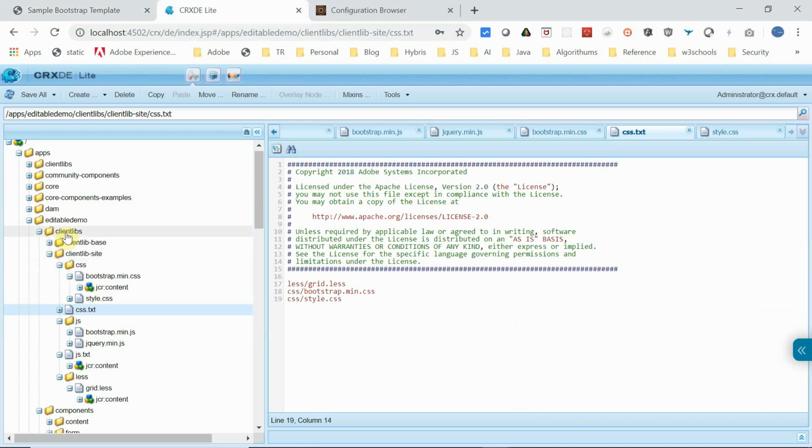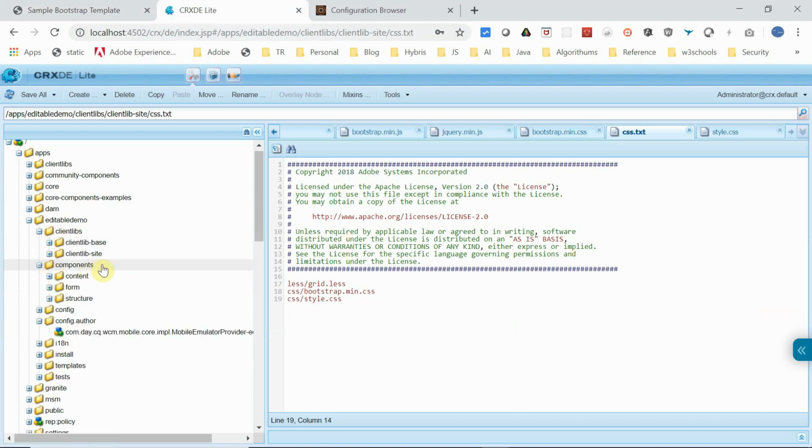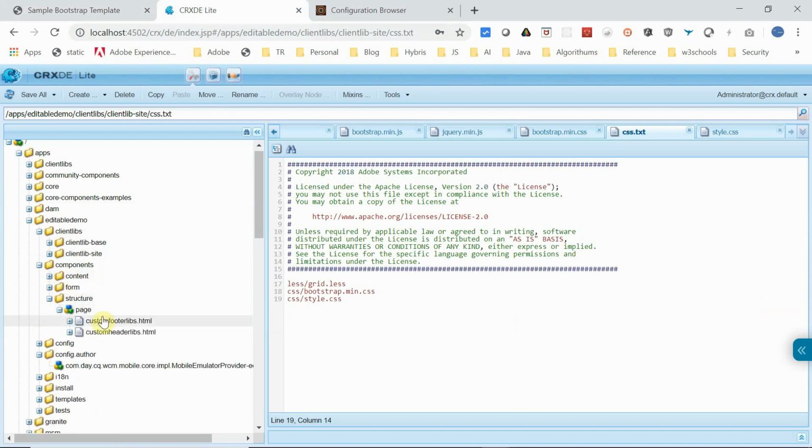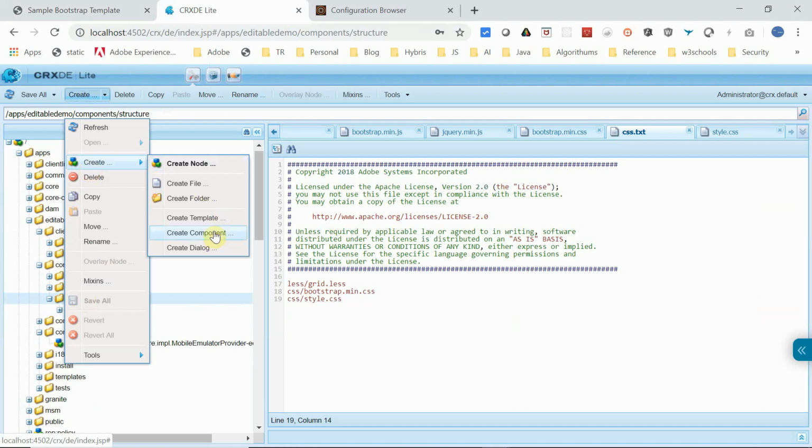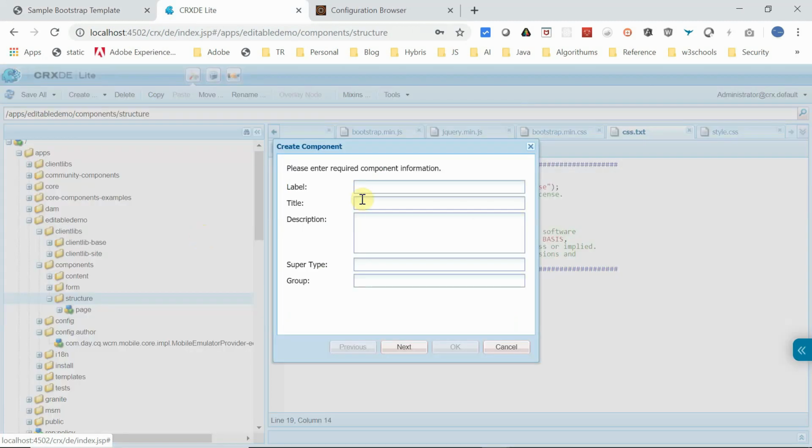Okay, now let's create a header and footer components. So for that go here again. Under this, minimize this, go under the components, under the structure, create a component with the name header. Group I will keep it as editable demo.